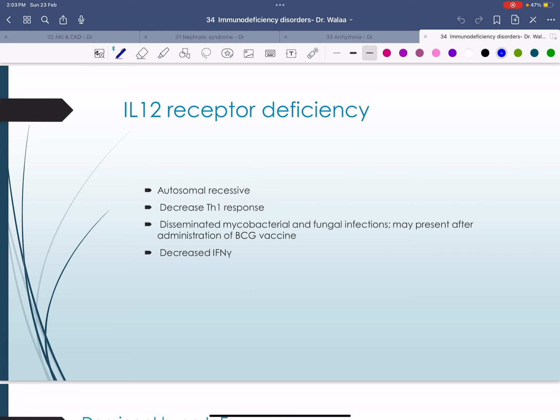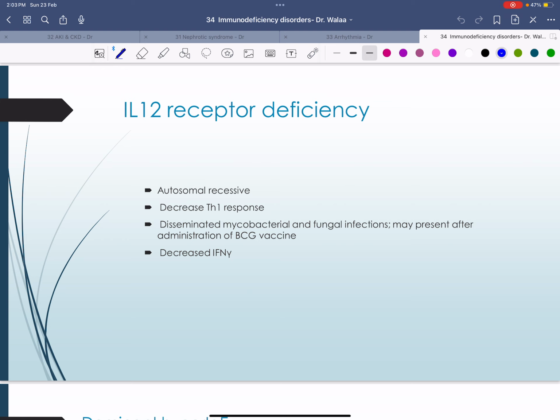Okay? In order to function, interleukin 12 needs to bind its receptor with beta 1, I think, beta 1 and beta 2 subunits. So it has two subunits, beta 1 and beta 2. So IL-12 without its receptor has no proper functioning. Okay. Now, a genetic mutation, an autosomal recessive disorder, will lead to inability or deficiency in the interleukin 12 beta 1